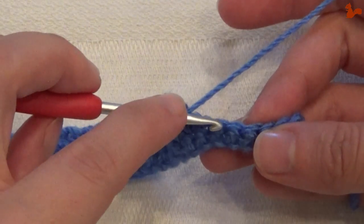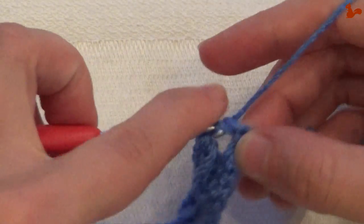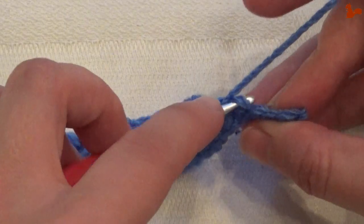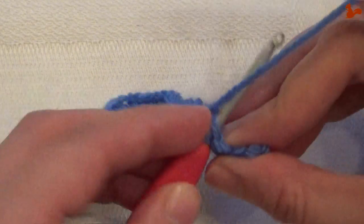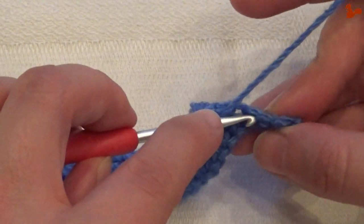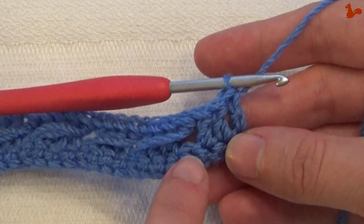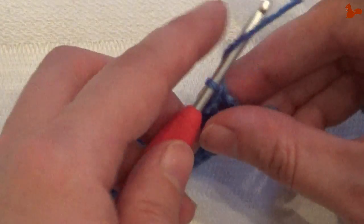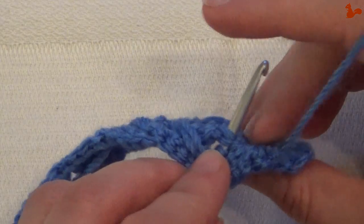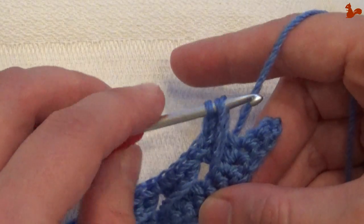One more repeat, skip the next stitch, and on the stitch after that work 1, and then on the next again. I see there I've only got the 1 loop. You really need to make sure you have both loops of a stitch. 2 trebles, and then the 3rd treble. And now we're going to come back to the stitch that we skipped, in there. Make sure you have both loops on your hook. Pick up your yarn, bring to the front, open up your loop